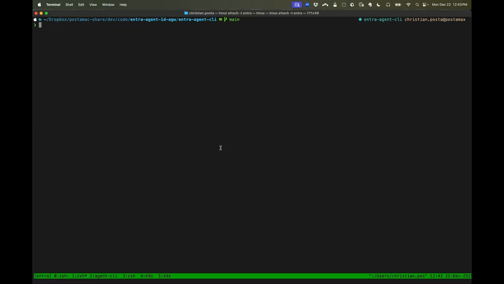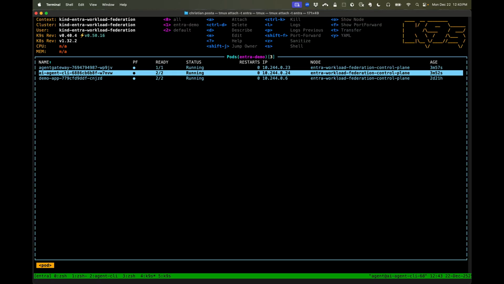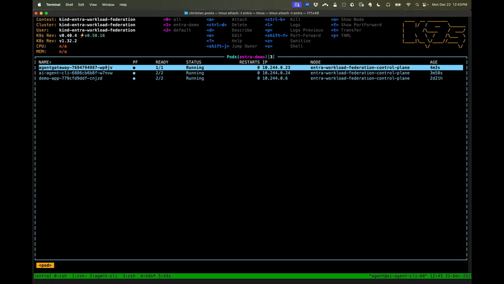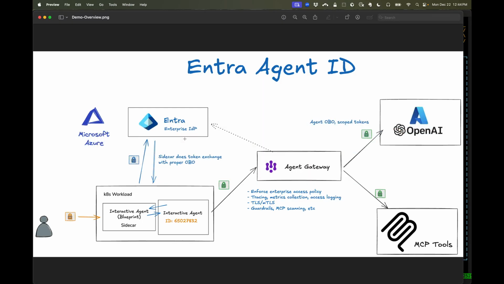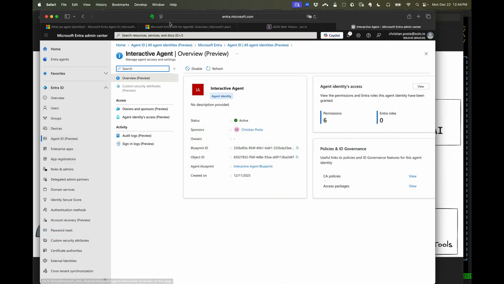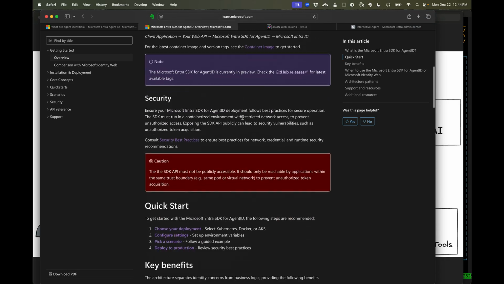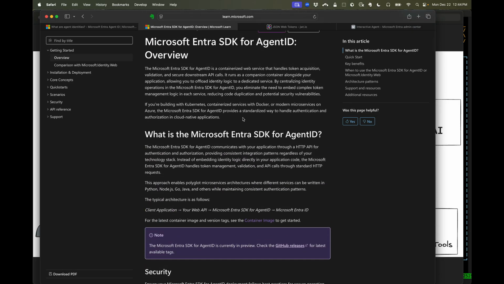So now if I come over here to our Kubernetes cluster, we can see we have our agent running, our AI agent CLI here. We have Agent Gateway, and that maps up to what we have here. Inside of our agent workload, we'll see we have a sidecar deployed. This sidecar is the Microsoft Identity Web Project sidecar, or the Entra SDK for Agent ID sidecar. And what this sidecar does is allow you to do all of the token exchanges that Agent ID